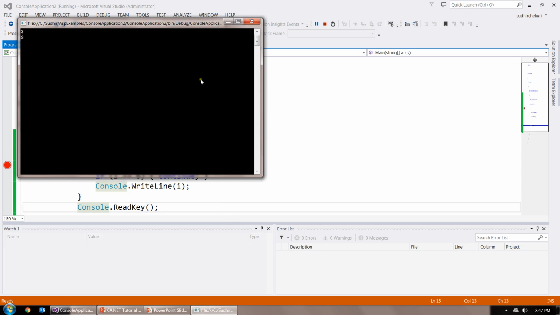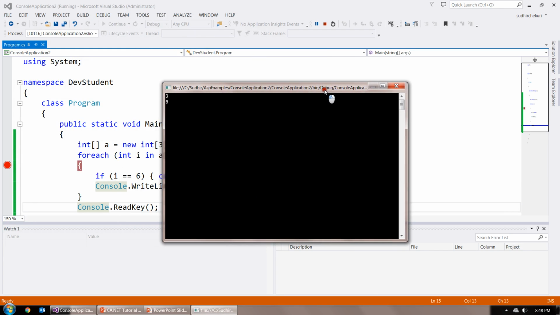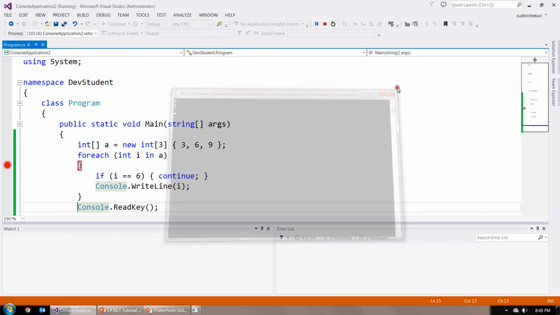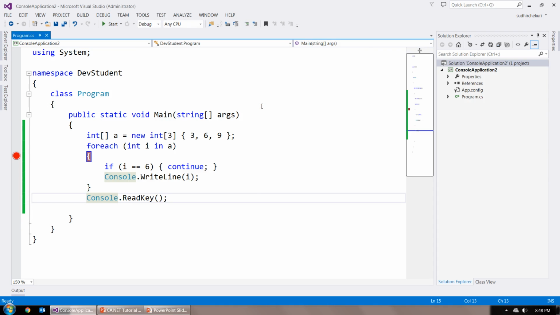Here you can see the values are 3 and 9, and 6 is skipped because continue will skip the present iteration, but it's not going to skip the entire for loop. That's how continue will work. So these are the different jump statements which are used to skip some of the statements and move execution to the